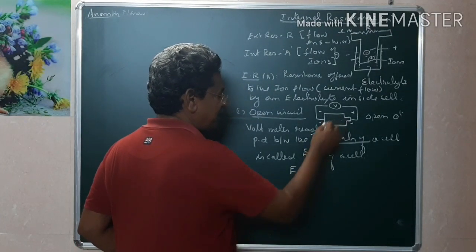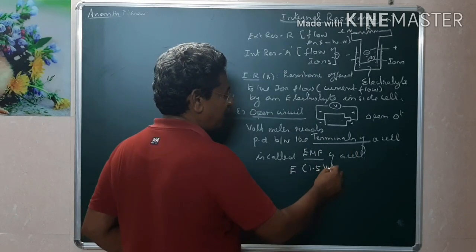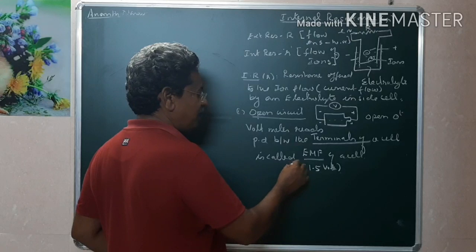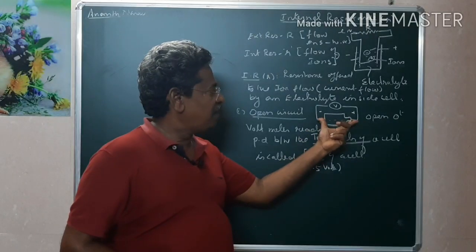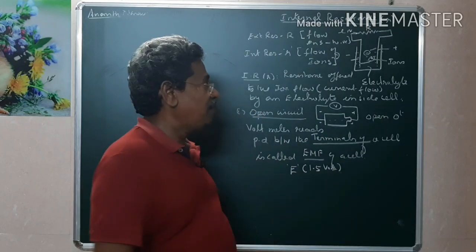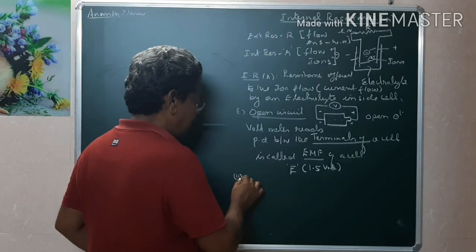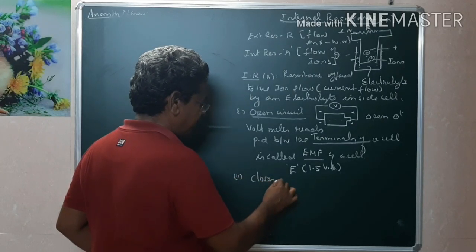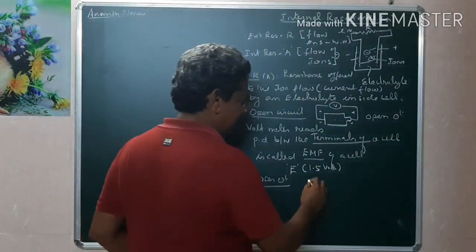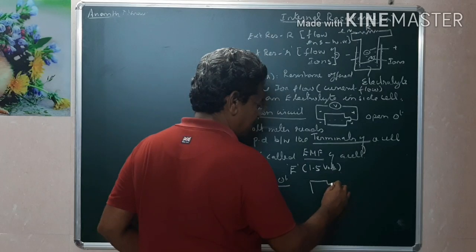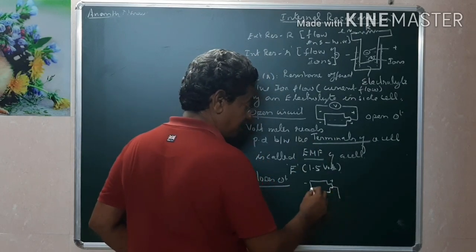Suppose, for example, initially when I am buying, I measure this voltage as 1.5 volt. This is open circuit, measured with the help of a voltmeter, and the voltmeter reading corresponds to the difference in potential between the two terminals of a battery, for example, between the positive and negative terminals. Then second, in a closed circuit, in the book it is given in a different way. In a closed circuit, again I am thinking about the same battery, the same cell, but this time it is connected with one bulb.